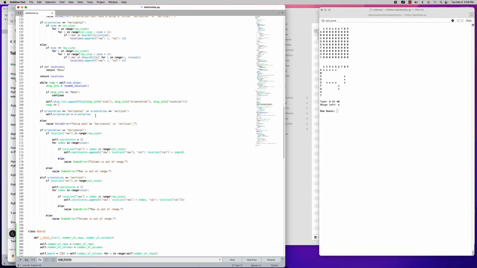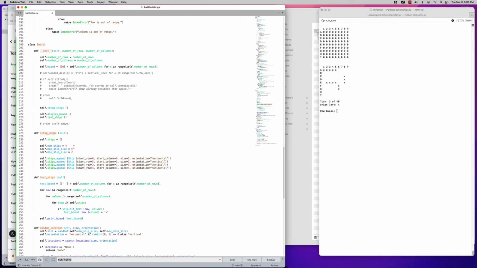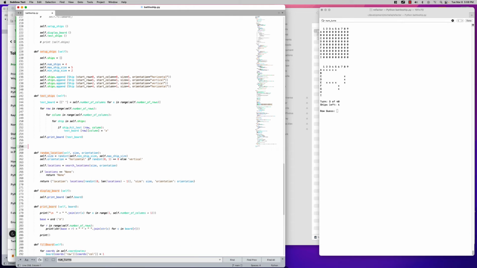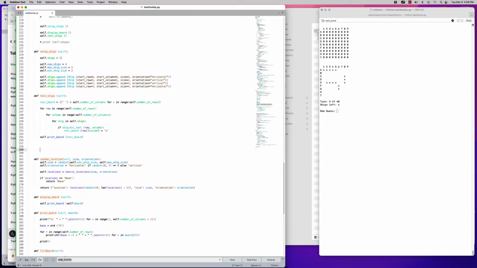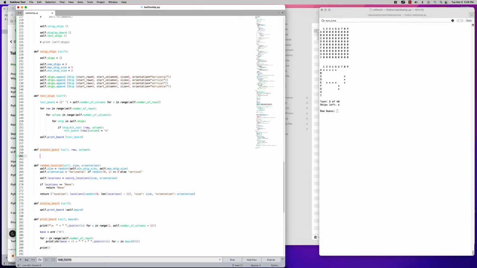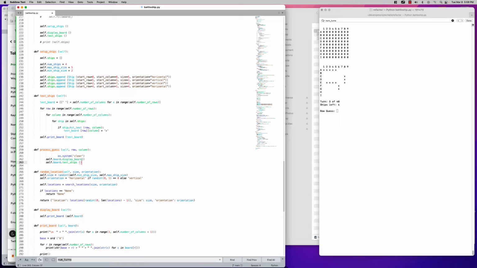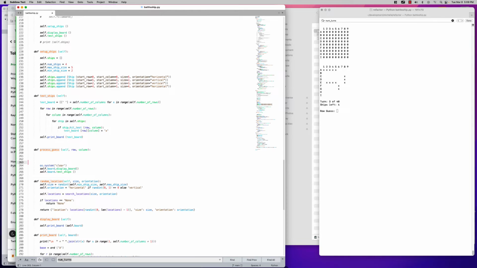So we come down here to the board, set up the ship, test the ship, def process guess, self, row, column. That's going to be the end, but the beginning is we're going to say